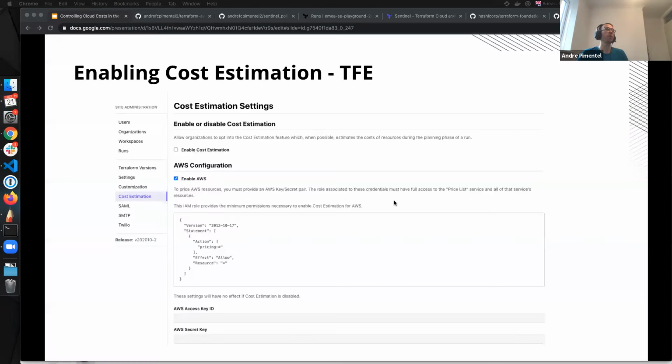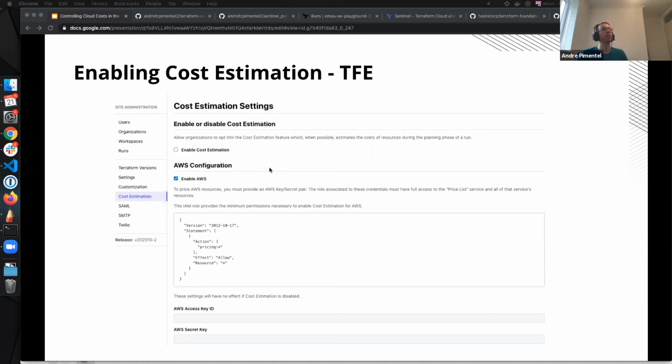For Terraform Enterprise, it's a bit more complicated because we actually recommend you create a set of cloud keys with just IAM permissions into the pricing API. So this is the AWS example. On the interface, if you scroll down, you see the same example and also the information for Azure and GCP.